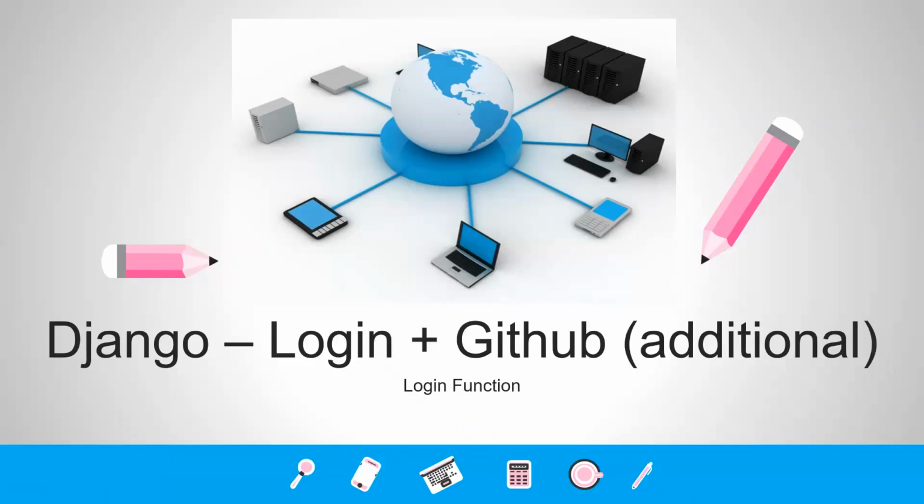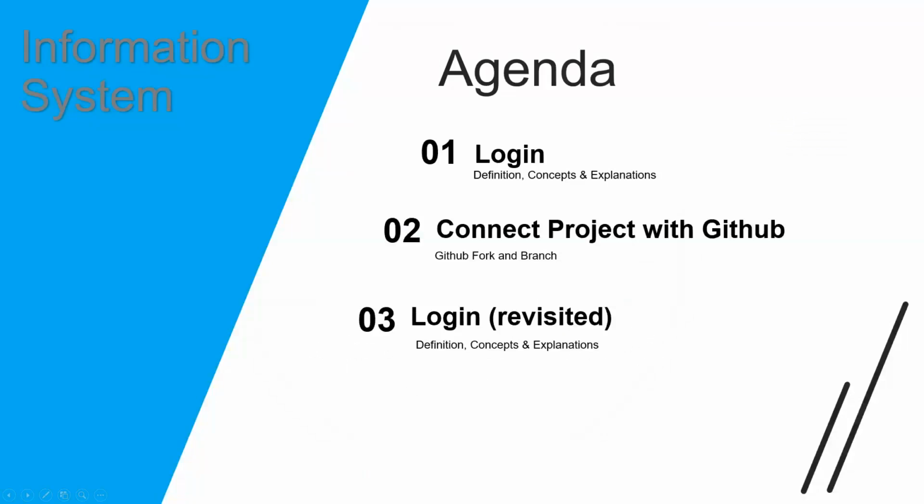I know that the login function is common, so I can find it in GitHub. And if I find it in GitHub, I want to reuse it from GitHub in my application. How can we use it? So I would like to explain about the login function, and then how we can connect the project with GitHub, and then